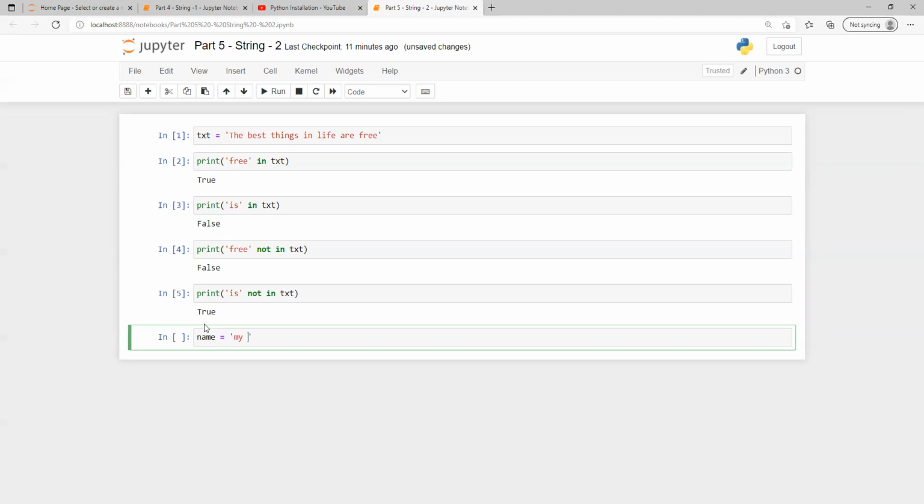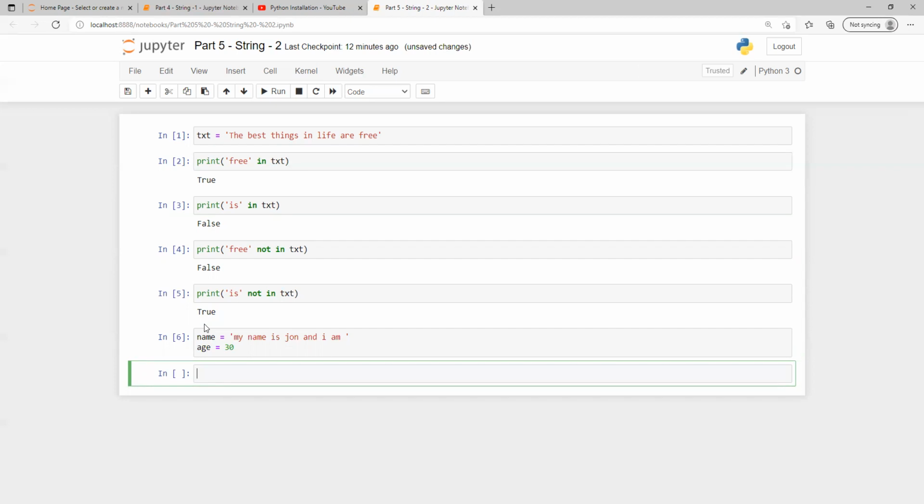I put "My name is John and I am", and then I leave a blank. Then the second variable I will define as age, and I define that as 30. Now our question is how we can display both in one sentence.